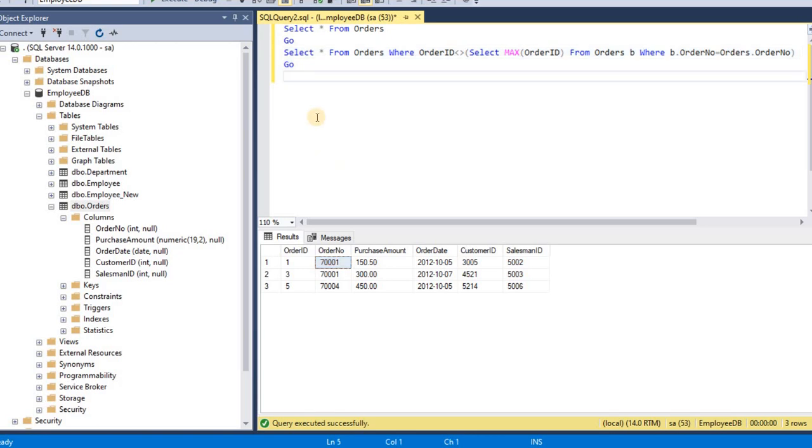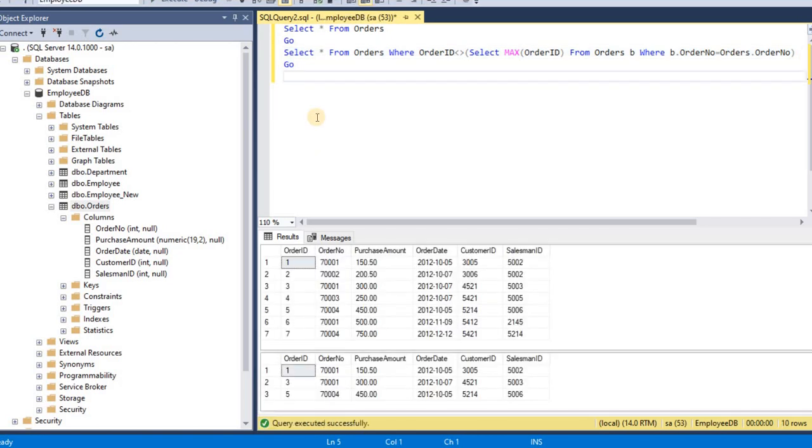Let's execute both queries together. When you look carefully, you will see 70001 is 3 times in the orders table, and 70004 is 2 times. Okay guys, so this second query is giving the duplicate records.